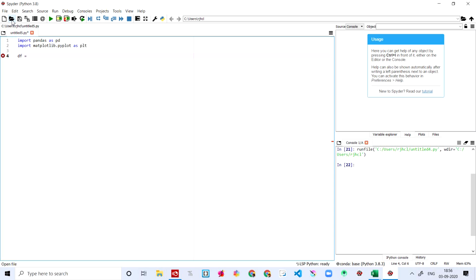I'm saying df is equal to pd.read_csv, where we read the data. That's all. And I'm giving the file name that we have. I don't have any file right now, so I'm just naming this hurricanes.csv.